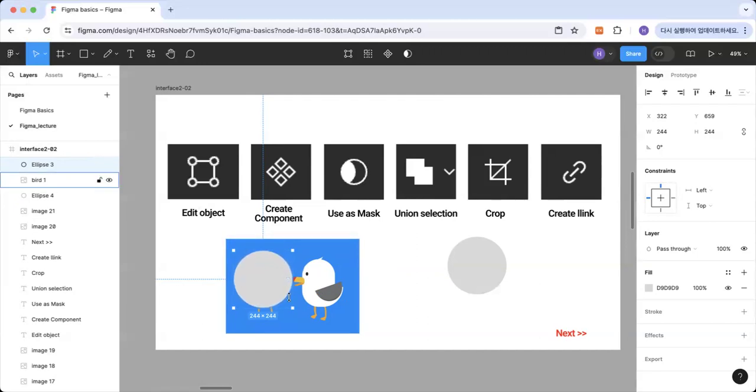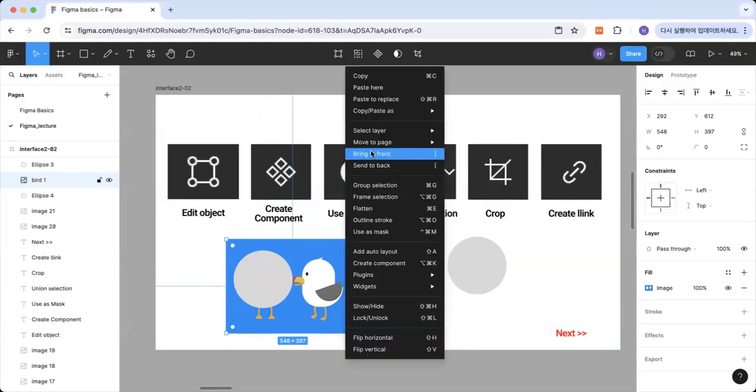So it would be the mask area, the circle, and this is the original image. But if you want to crop and show only the round area, you have to bring this image in front of this mask area. So when you click this image and right click, you can find